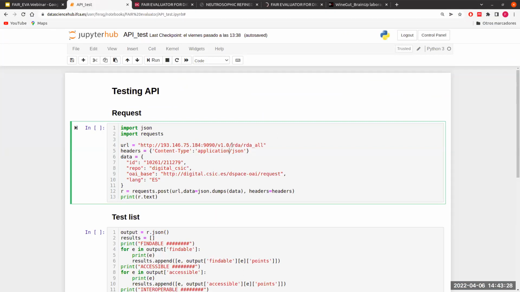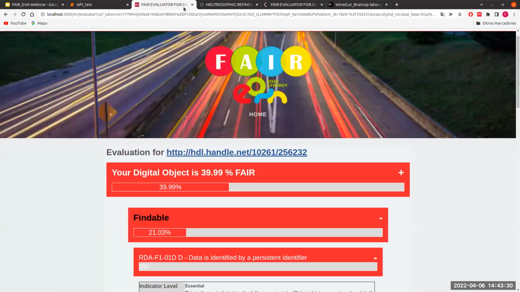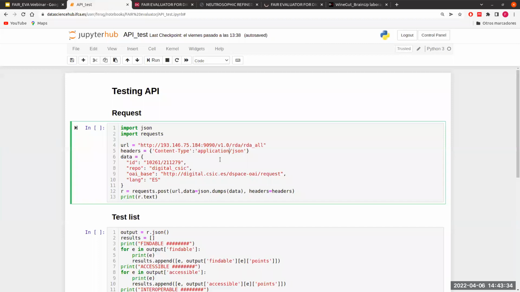Okay, so instead of going to the web interface, you can use the API directly, just making some HTTP requests to the system. In this case, there is a running environment where you can just run, and you can get a JSON output with all the information regarding the tests.